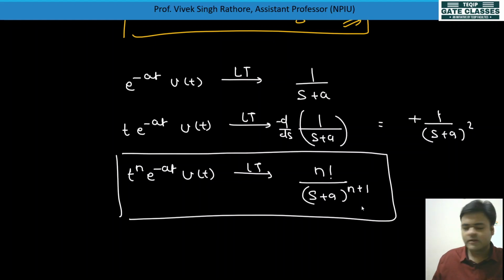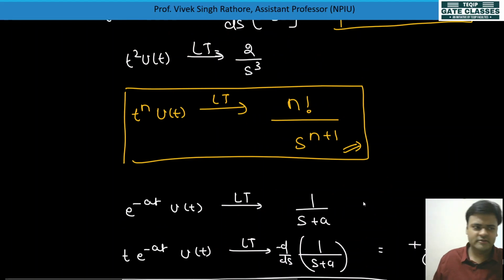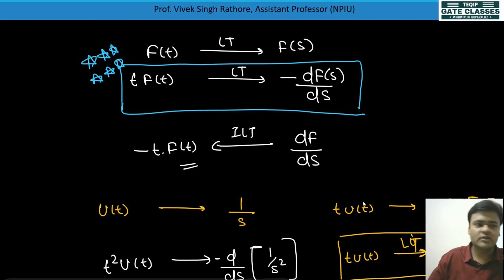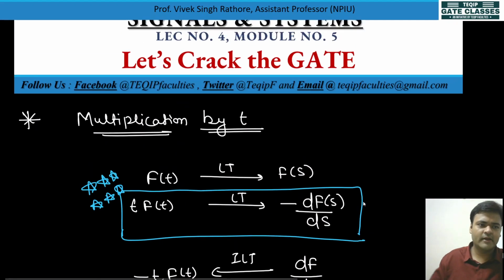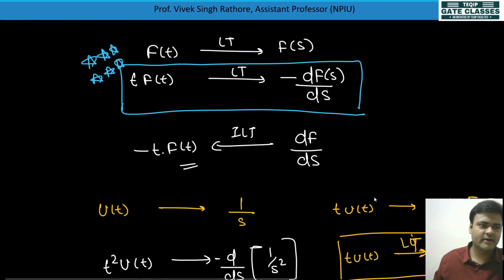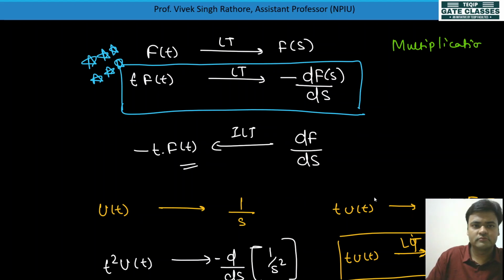And see, nothing is changed, means ROC is not affected when we do multiplication by t. So here in green color I will write: multiplication by t does not affect